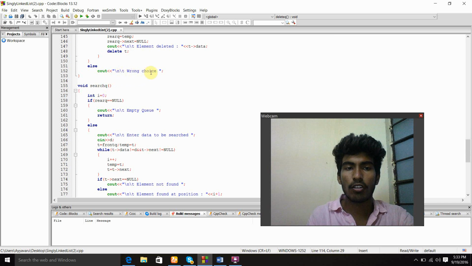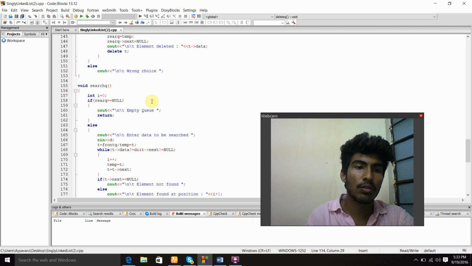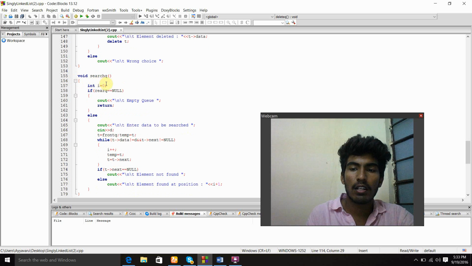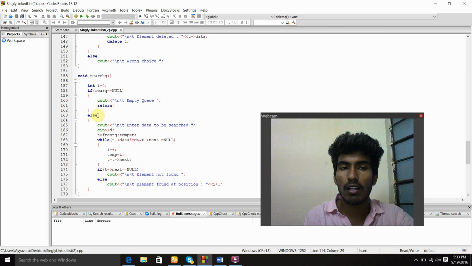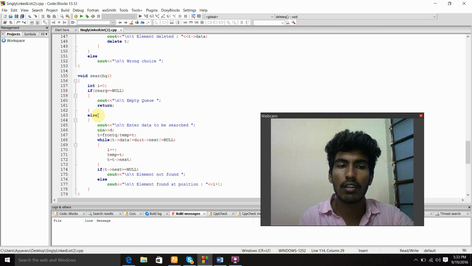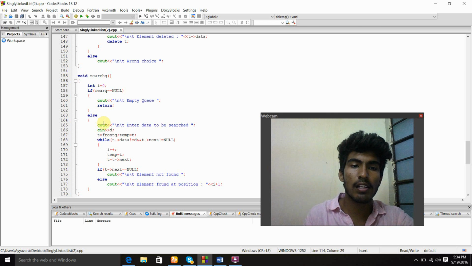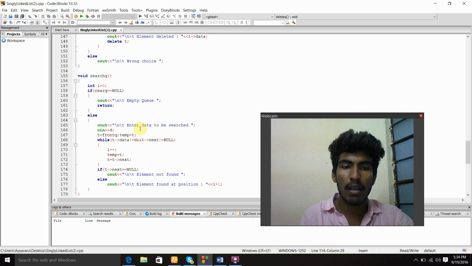Else display as wrong choice. Now going into the void search queue, we have to declare the required variables, and here I am declaring int i as 0. If rear queue equal to null, display empty queue and return. If rear queue is not equal to null, then execute else, and display enter data